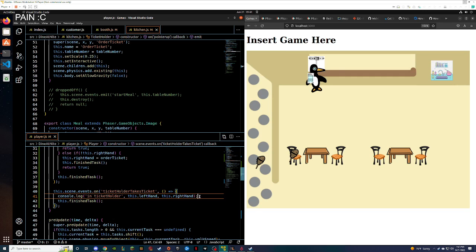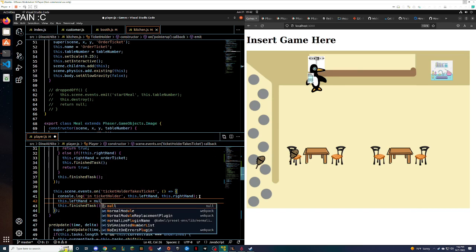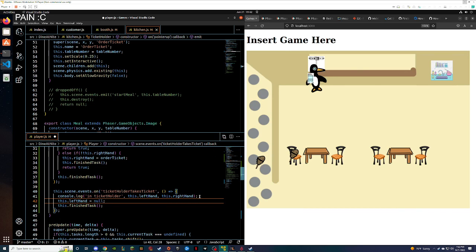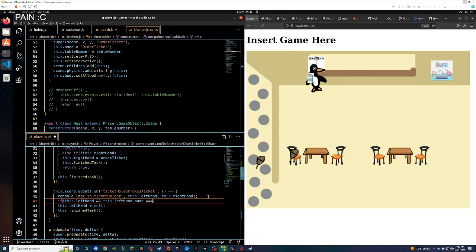So basically what we want to do is this dot left hand equals null so that it's a free open hand. But if we're carrying a meal, that's going to get rid of the meal, and then it will destroy everything. So first we have to check to see if it's null, because if we don't, then this dot left hand dot name is going to error out.